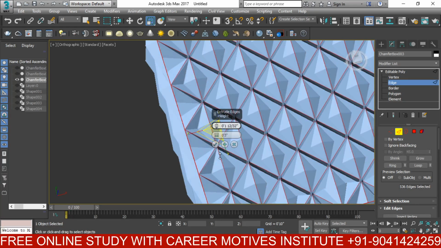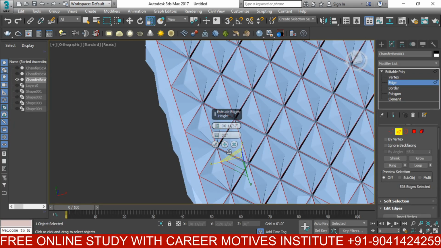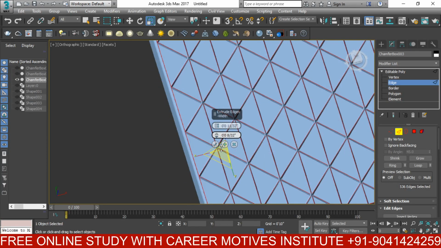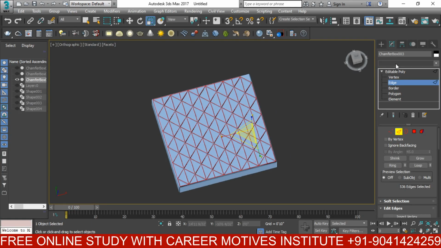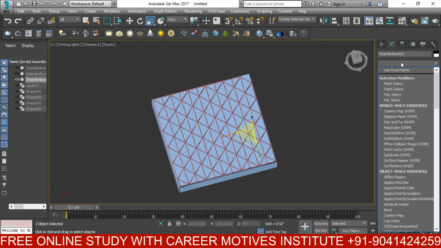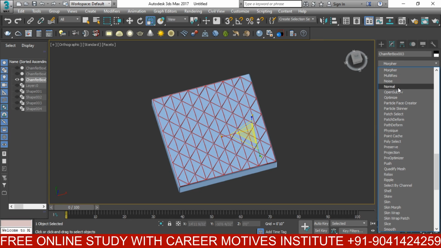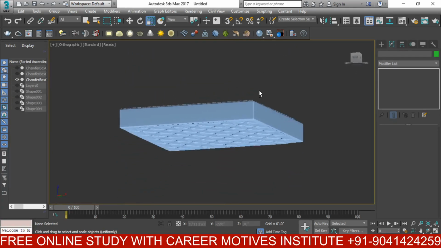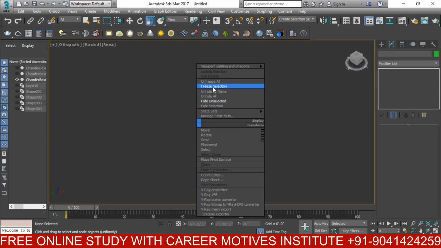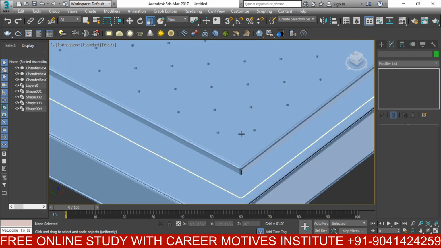Okay, and now I'm going to modify list and I'm going to do a smooth value, that is mesh smooth. So here is my mattress which is ready. Same for this one,